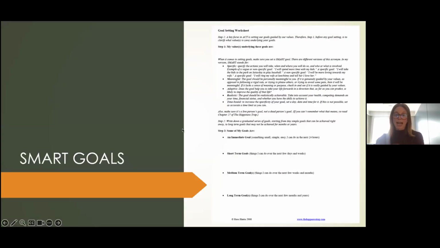So many of you probably have a goal worksheet already, and I think anything that you have would work. This is one from an ACT workbook called The Happiness Trap. You might even take this home and think about it for your own values. Or we could take a couple minutes right now and you take a look at this, think about that goal that you set, and maybe imagine breaking it down into these steps.